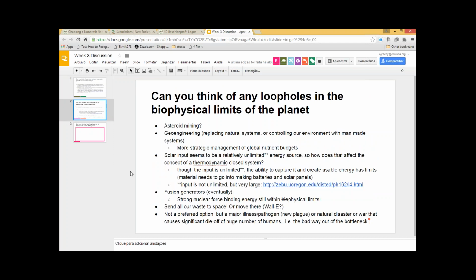Other examples on loopholes were, yeah, we could send all of our waste into outer space, right? So just export our pollution somewhere else, and then bring back stuff from asteroids or some other planet. So that becomes essentially extending the model to other planets where they absorb the waste and they give us resources, and we don't have to worry about them on our planet. Yep, all those things are true, right?